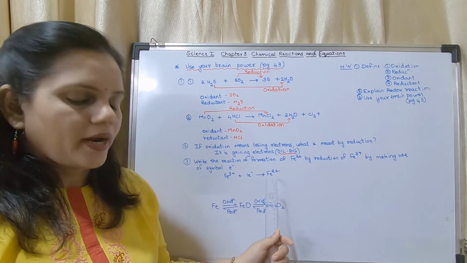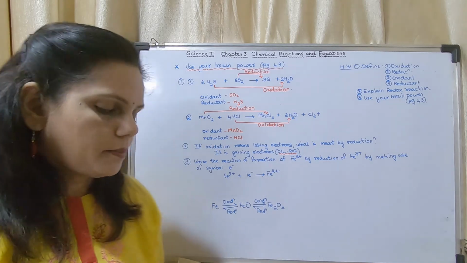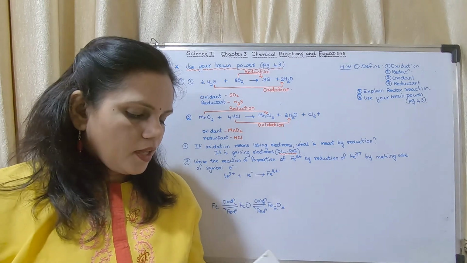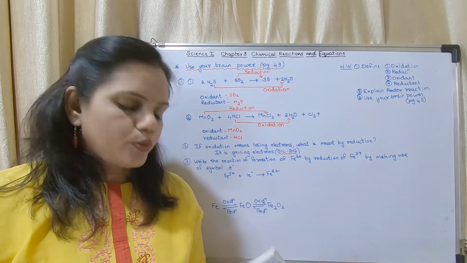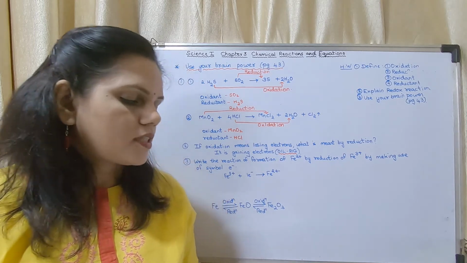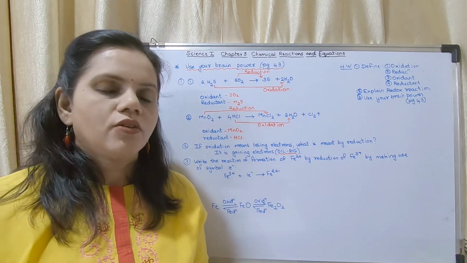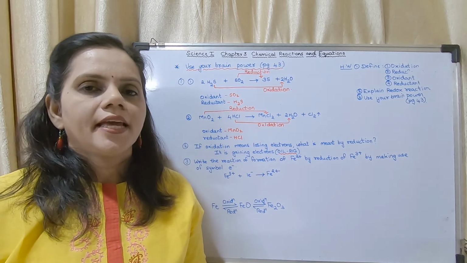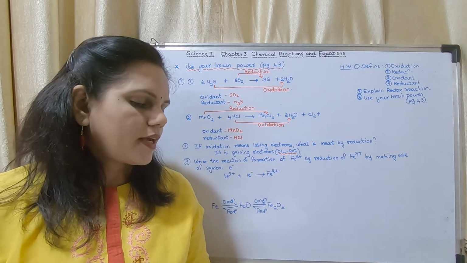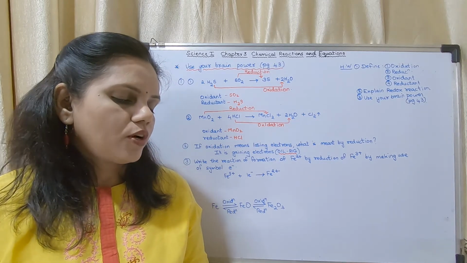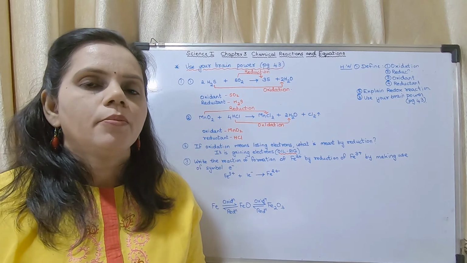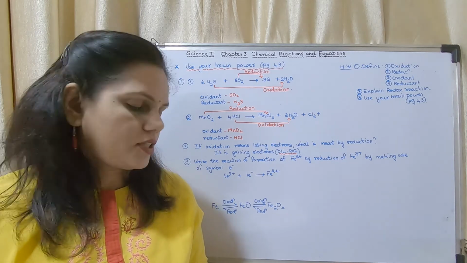Now in the textbook there are some parts like 'Do you know?' On page number 42, I had missed that part, 'Use your brain power'. Which is the oxidant used for purification of drinking water? It is KMnO4, potassium permanganate.